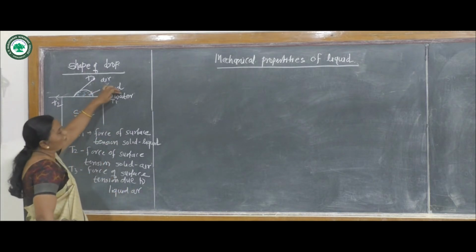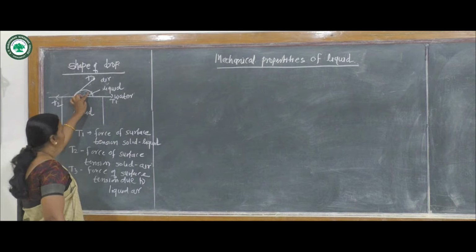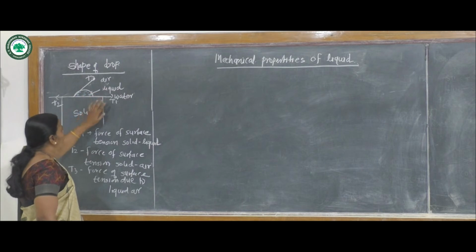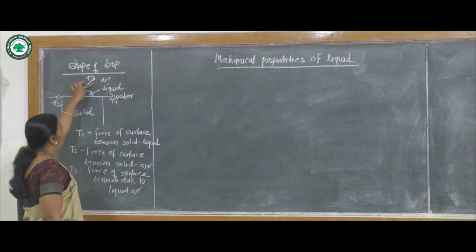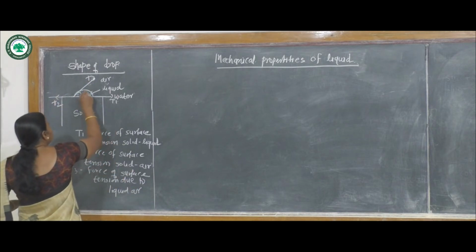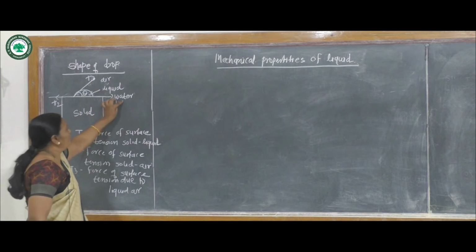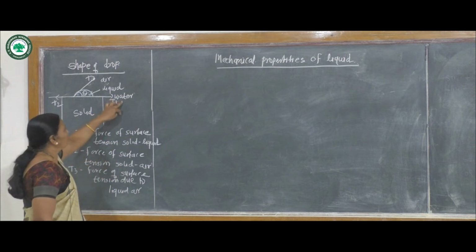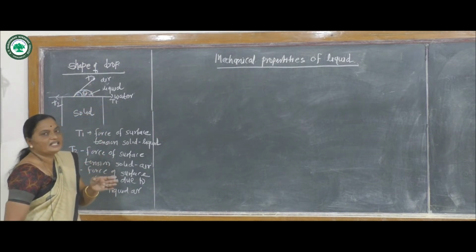See, suppose a water or liquid is dropped on a solid. The shape of the liquid is like this. A drop is formed. The three forces are acting on this liquid drop. Suppose this is solid material, this is liquid and this is air. Now draw the tangent to this liquid surface, and this angle is called the angle of contact. Here we consider water, which partly or wholly wets the solid, therefore the angle of contact is acute and the shape of the meniscus is concave.